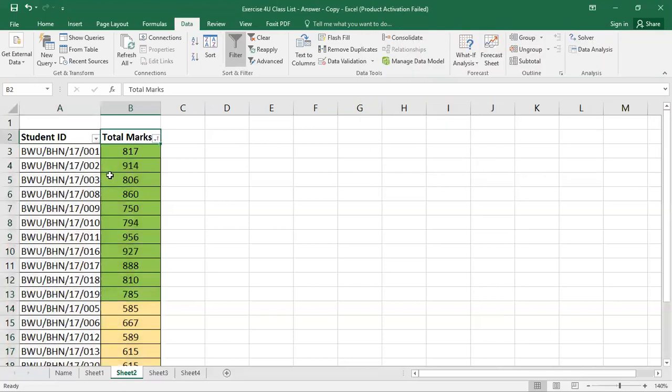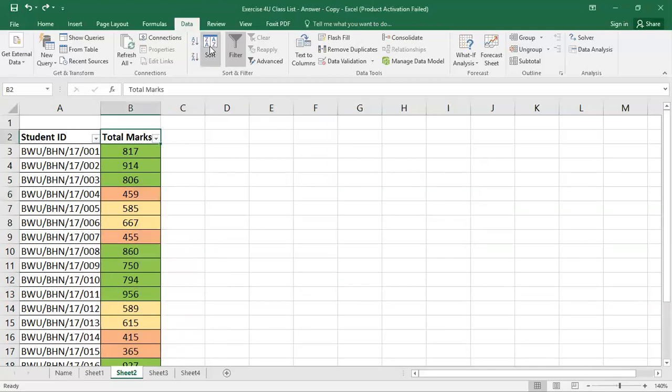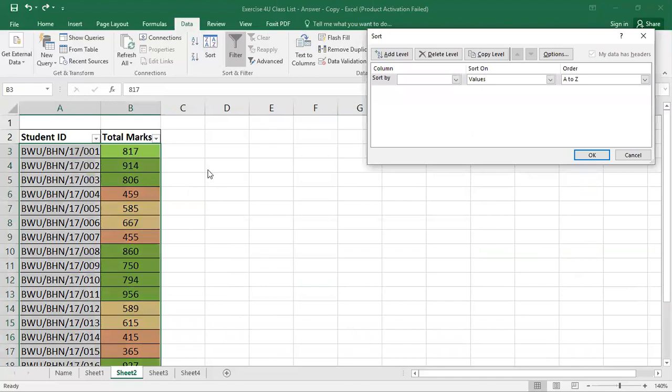But in this array, look here, first it is 815 because 001 is 815. Next, 002 is 914, and 003 is 806. So the numbers are not in proper order, they are in a haphazard manner. If we want to sort it in a proper manner, then we have to apply that particular sort.